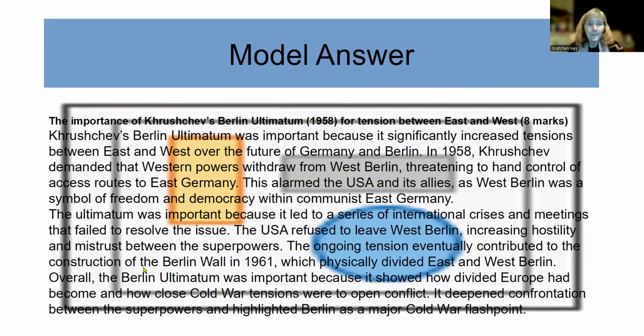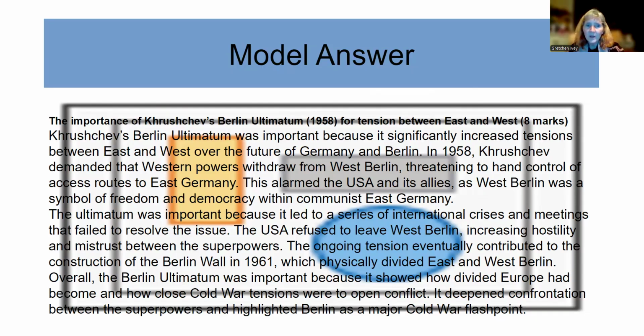Second one, the importance of Khrushchev's Berlin ultimatum for tension between East and West. Okay, so Khrushchev's Berlin ultimatum was important because it significantly increased tensions between East and West over the future of Germany and Berlin. In 1958, Khrushchev demanded that the Western powers withdraw from West Berlin, threatening to hand control of access routes to East Germany. This alarmed the USA and its allies, as West Berlin was a symbol of freedom and democracy within communist East